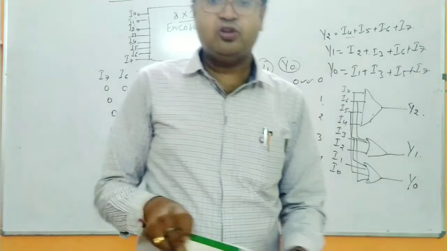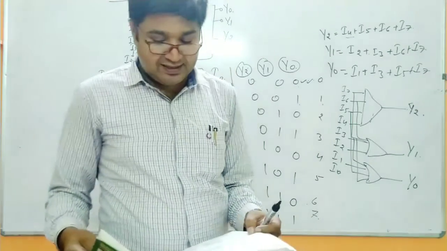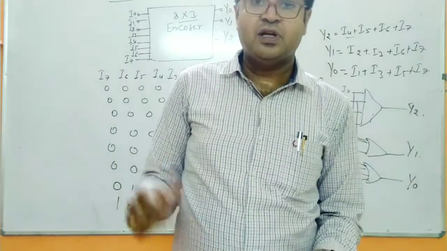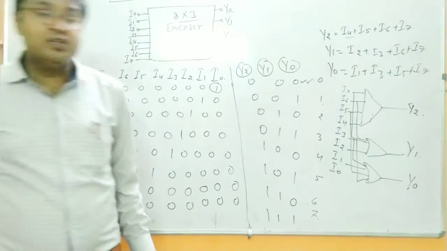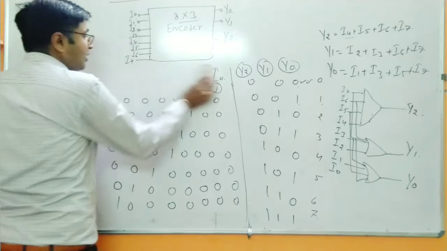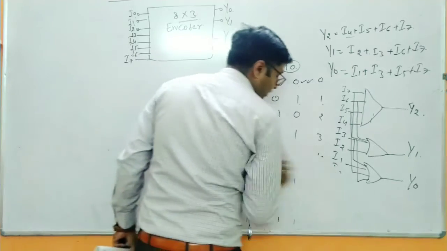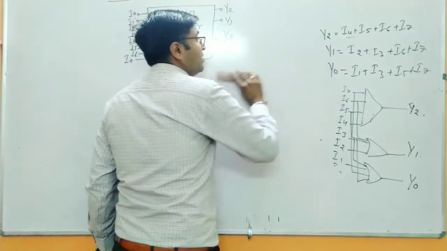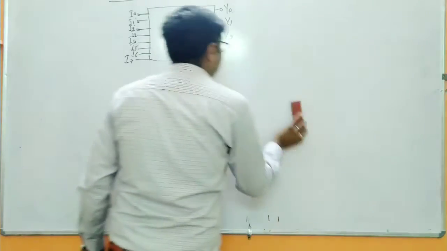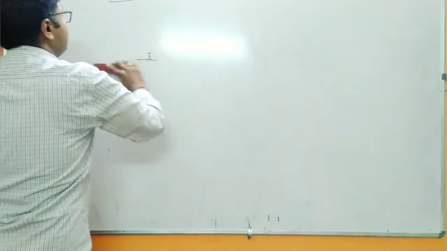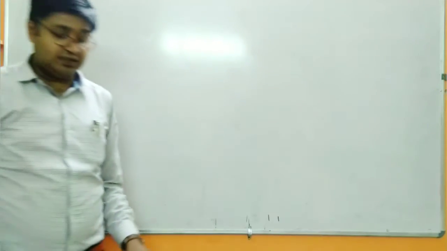Now we will talk about another topic, which is the priority encoder. Priority encoders are a bit different from the simple encoders. In priority encoders, you have this enable where you can check or give the priority of a particular number or input. How you are going to do it, I will teach you. First thing first, priority encoders are used where you need to put the information in a particular sequence.